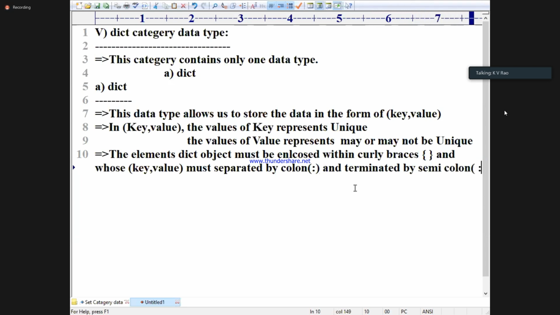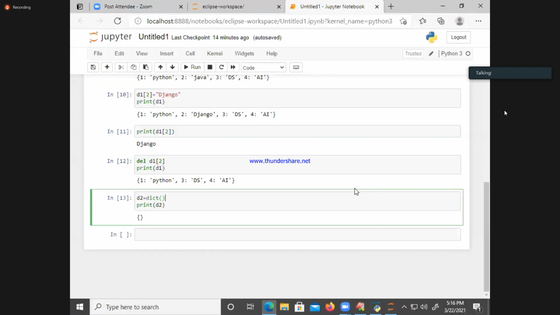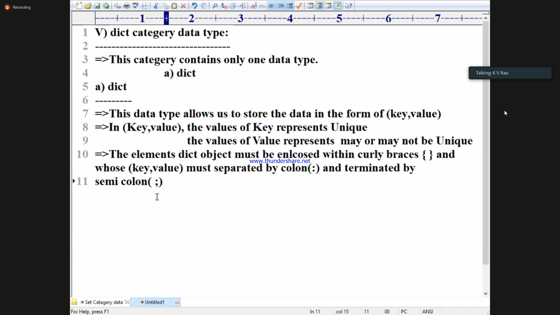In the bracket symbol I am writing. Terminated by semicolon. Comma or semicolon? Comma. Okay, good. Separated by comma. Nice.